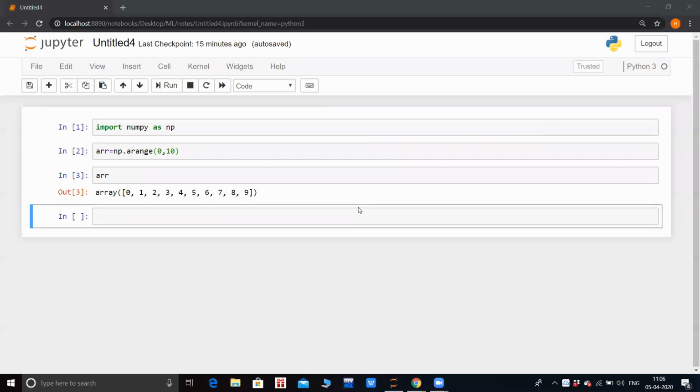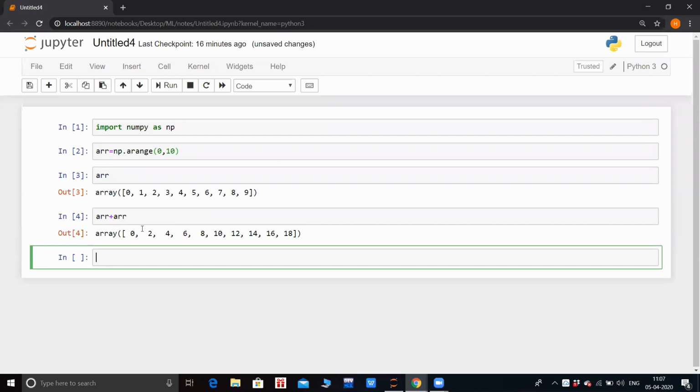Then moving on, I'll start with the first operation, that is addition. If you want to just add two arrays, you can just type the array names. So I have one array here, so I'll add it to itself. arr plus arr. It should give me doubled values. That is, 0 should be at the 0 index, it should be 0. And at the 1 index, its value is 1, so the summation should be 2. It should be double everywhere. So I press shift enter and you can see I get the addition of the two arrays.